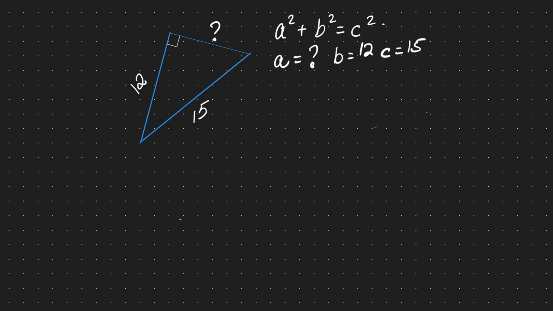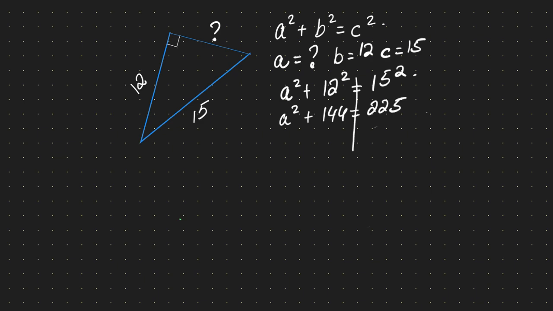And from here, we can plug in the numbers. For A, I'm just going to leave it as is because that's our variable. Then B is 12 squared, and then C is 15 squared. Let's go ahead and square everything. We're treating this as an equation, which it is an equation. 144, 12 times 12, and then 15 times 15 is 225. Now let's subtract 144 from each side because it was added. We're doing the opposite, rewinding, and bringing down the a